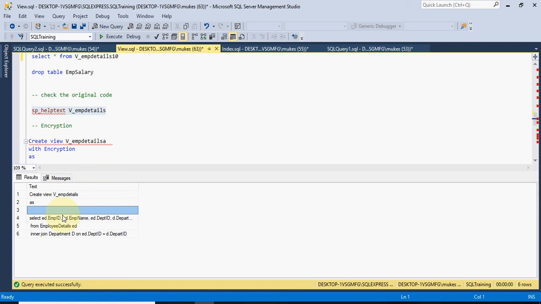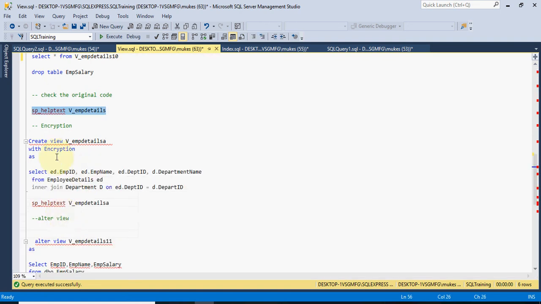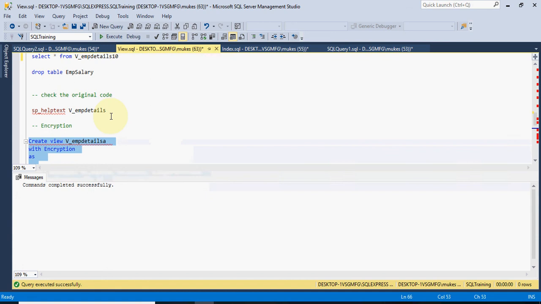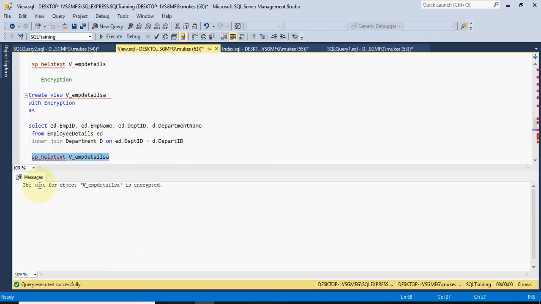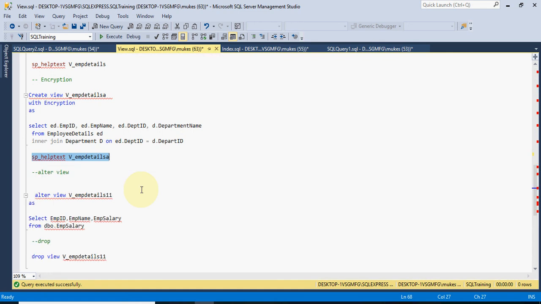But we can also encrypt the code you wrote. Just put WITH ENCRYPTION. If you put it, the code will not be displayed, and you can see the text is encrypted.